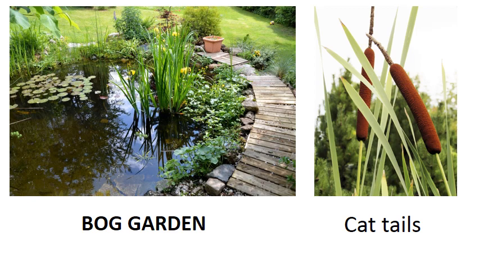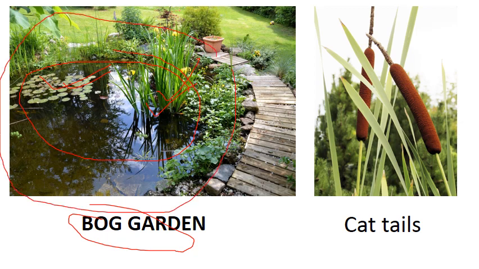This is an ideal picture of a bog garden. You can see here this is a very marshy area, and here plants are grown on water, inside water, and it increases the aesthetic view of a garden. So this is the cattail plant I just told about, a very beautiful plant. You can grow this in marshy areas easily.